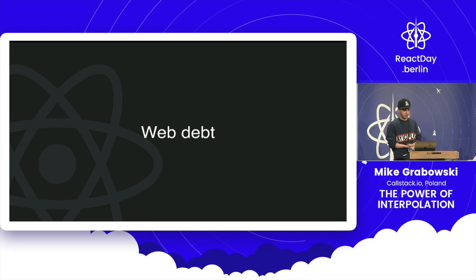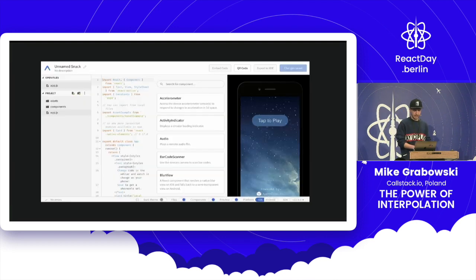So let's see how to overcome these issues, especially in the context of React Native. And since there is no better explanation than code, we'll have some nice examples, and I'll be using Snack. Now, if you haven't heard of it, it's a CodePen-like platform where you can create your React Native app in the cloud, you can run it, you can save it to your device, or you can share it with your attendees